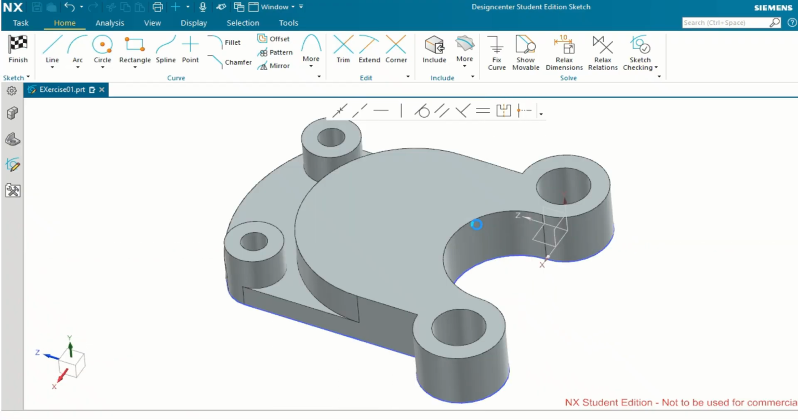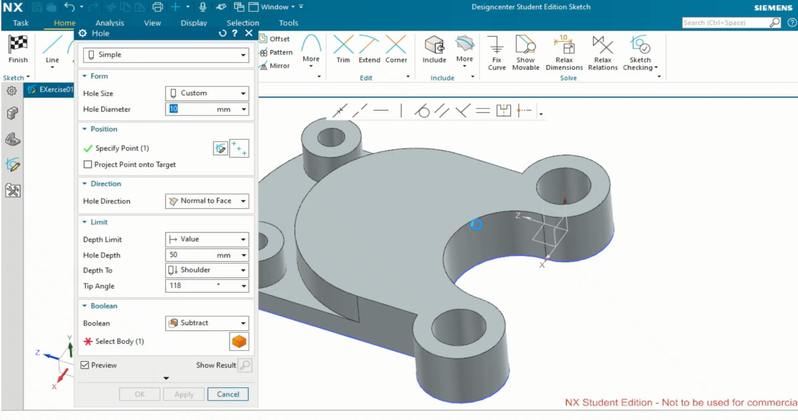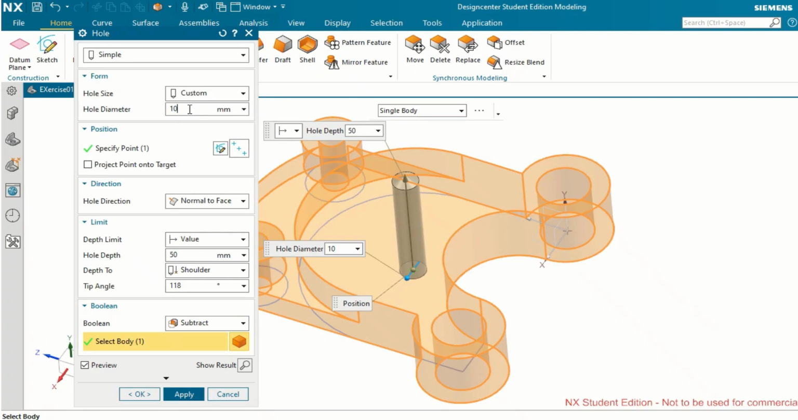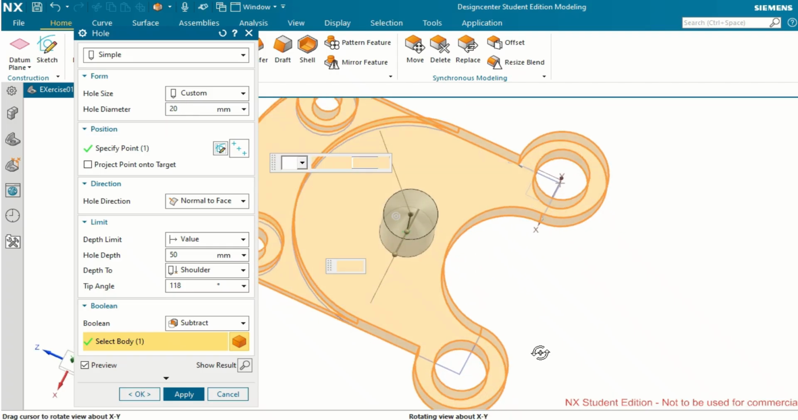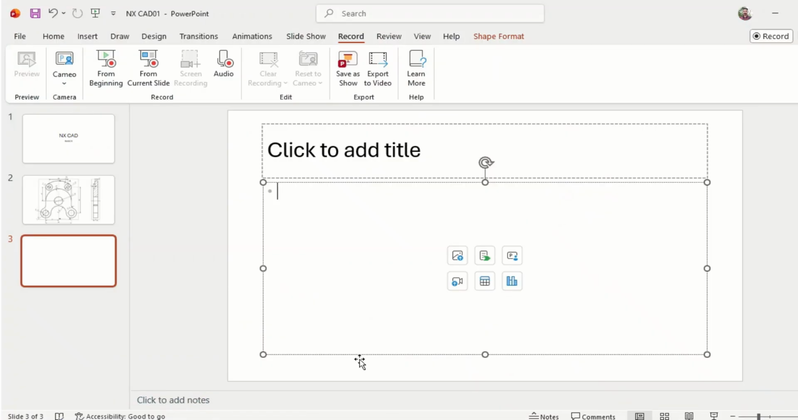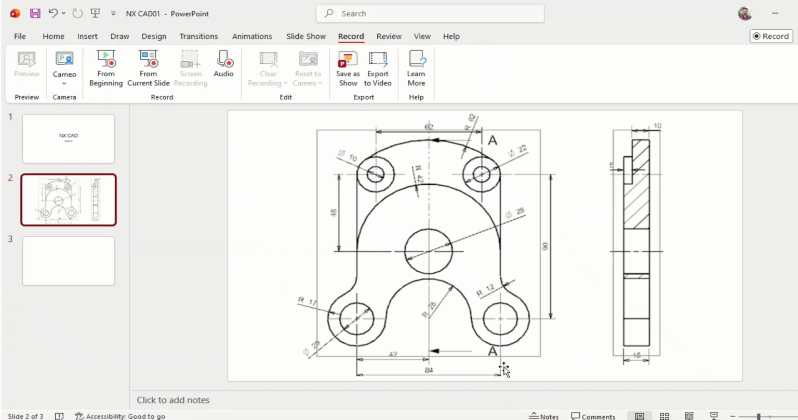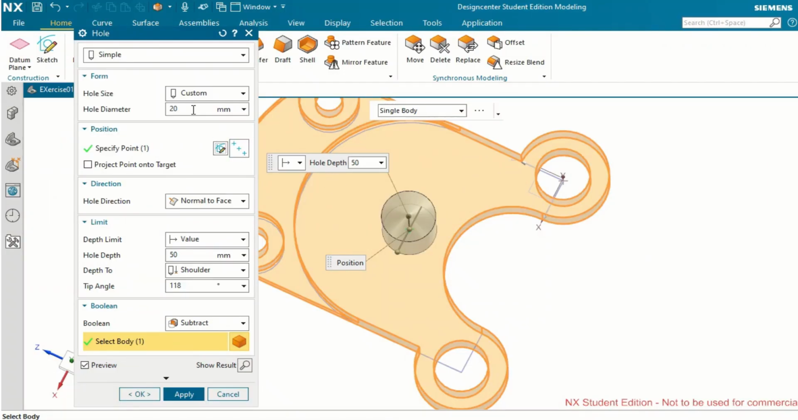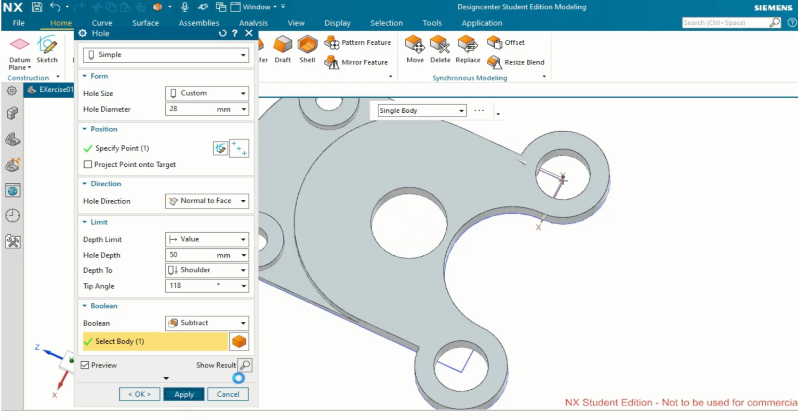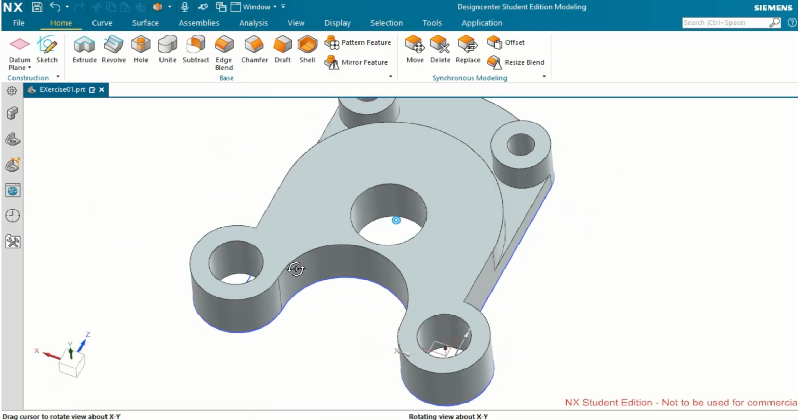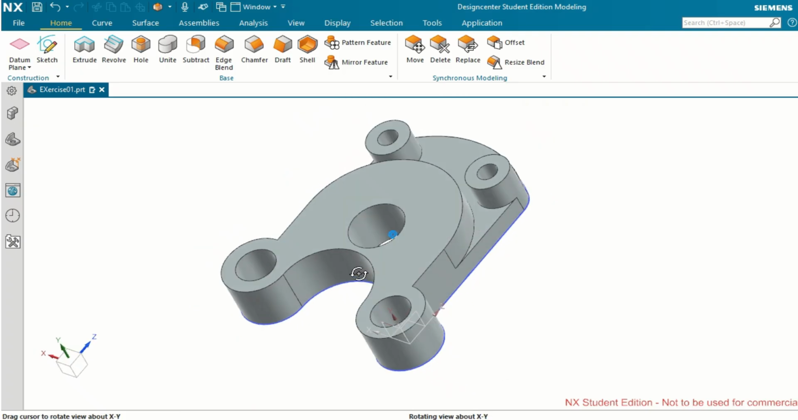Let's finish this hole position sketch and make the whole dia 20 mm, right? This one is 20 mm or more. This is something more than that, I think. It's 28 mm, right? Let's give 28 mm then. Apply. Okay, that's all. We have created a simple exercise